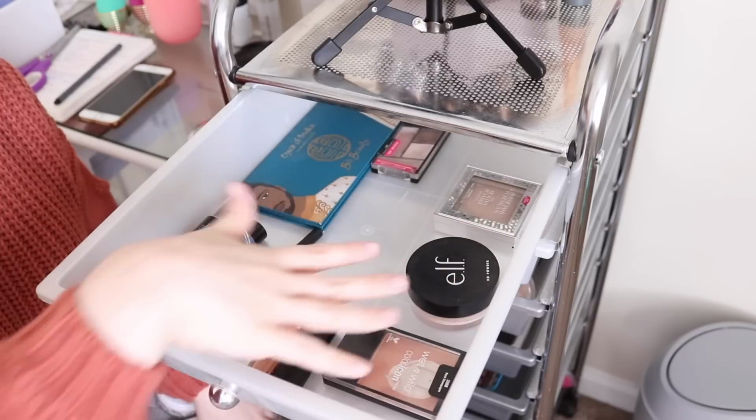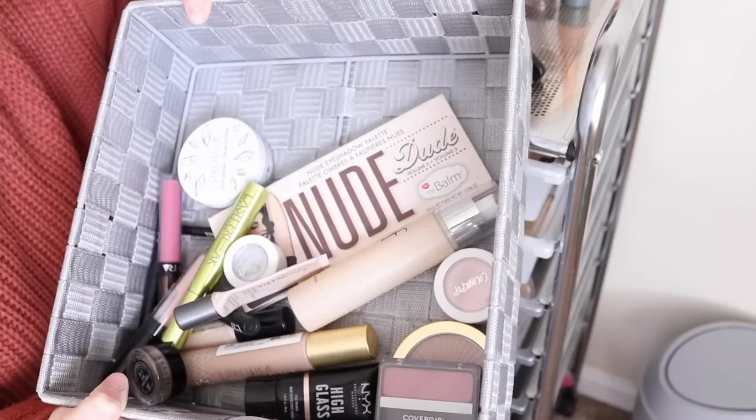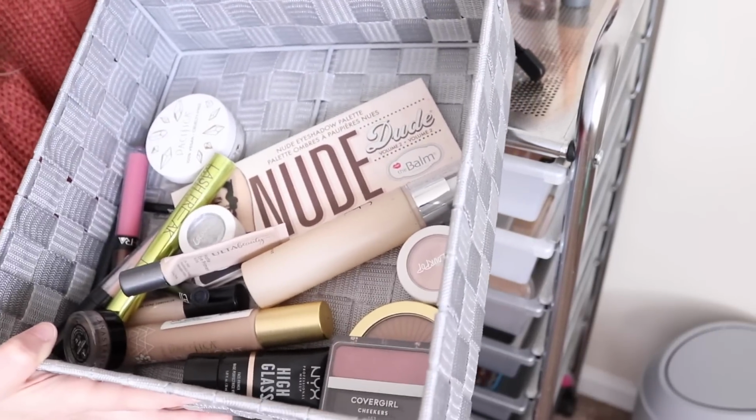Like I said, I want to skip a lot of my Project Pan items just because I use them all the time, and I want to give some love to the rest of my collection. My eyelid primer. Alright, so that is everything. Let's go ahead and take a trip over to my filming area and create a full face out of these